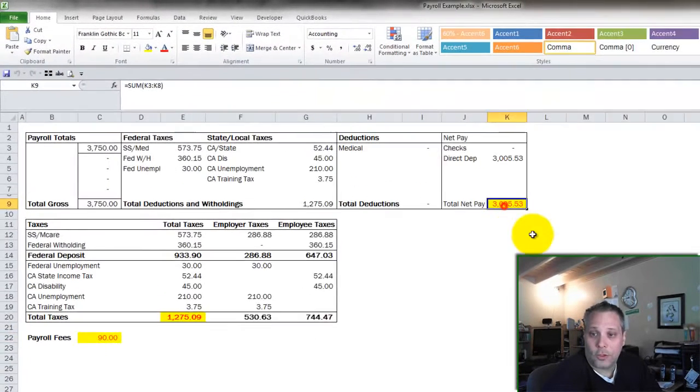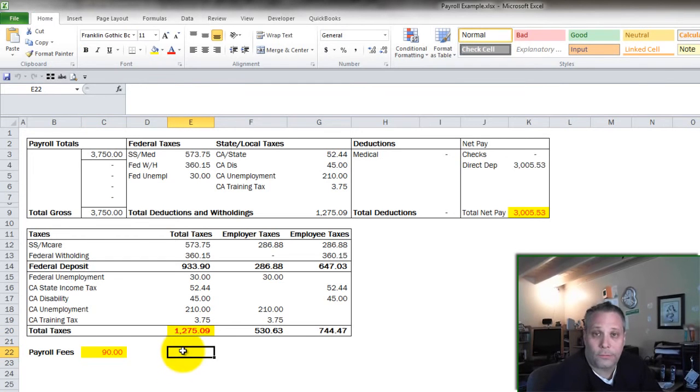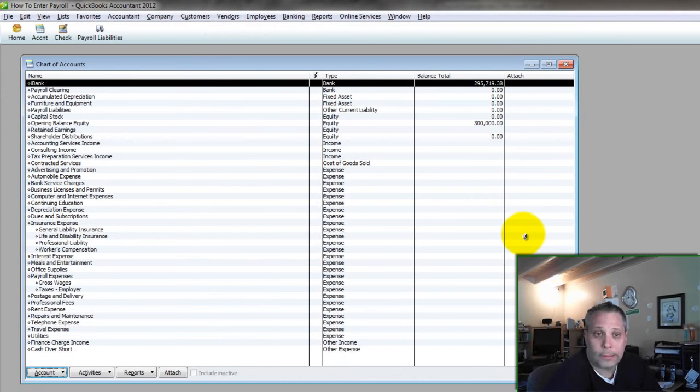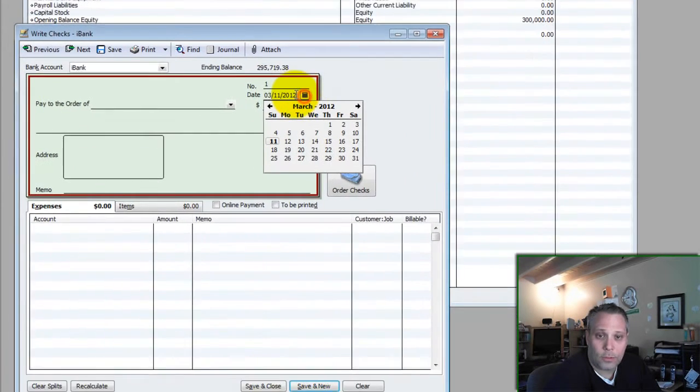So the bottom line is I've got two payments to record when I'm doing it in summary format. I've got to do the net pay and I've got to do the taxes. Forget about the fees. That's a separate payment and it goes to the payroll fees expense. I'm not even going to bother with that. That's so simple. So let's go to QuickBooks and let's write a check. Okay, now initially it's going to come out of our bank account, and let's say we're doing this payroll